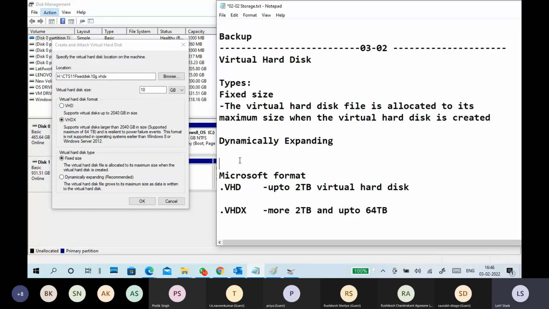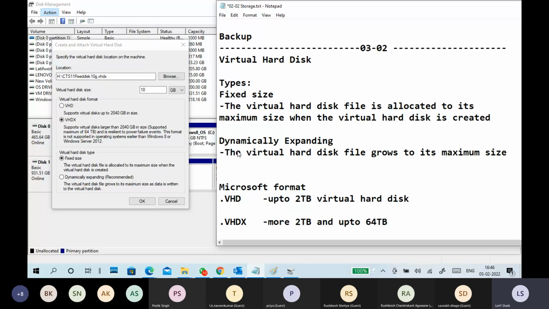Dynamically expanding: a virtual hard disk file grows to its maximum size as data is written to the virtual hard disk.